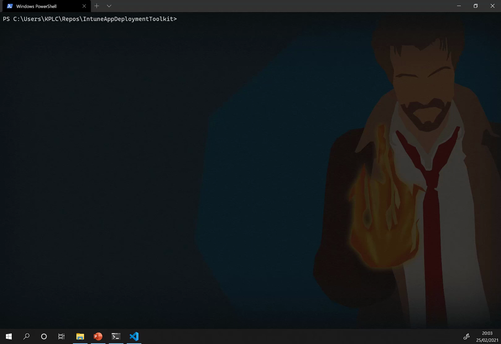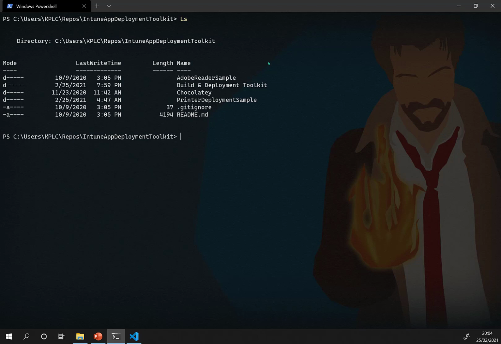So now we're ready to actually see this in action. Let's have a look. We're currently in a PowerShell command line interface, located in our Intune app deployment toolkit folder. If we run a list item command, we'll see all the folders that we discussed earlier: our Chocolatey samples, our printer deployment sample, and our build and deploy toolkit. In our first instance, we're going to be looking at our build and deploy toolkit,